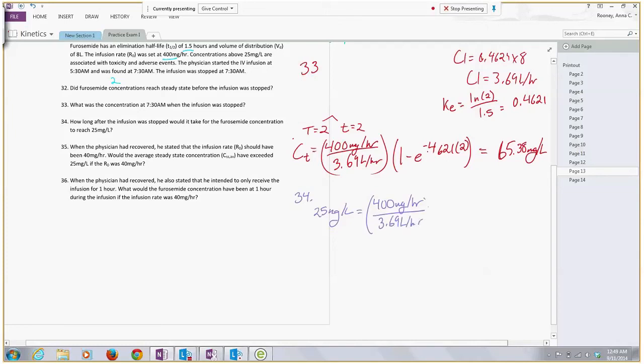So I set it up all the same: 1 minus e to the negative 0.4621 times little t, which is an x, and this will have a difference as well. So the original time was 2 hours minus x. So basically,